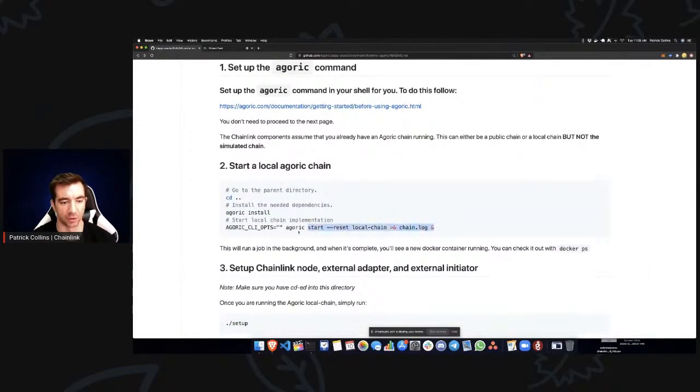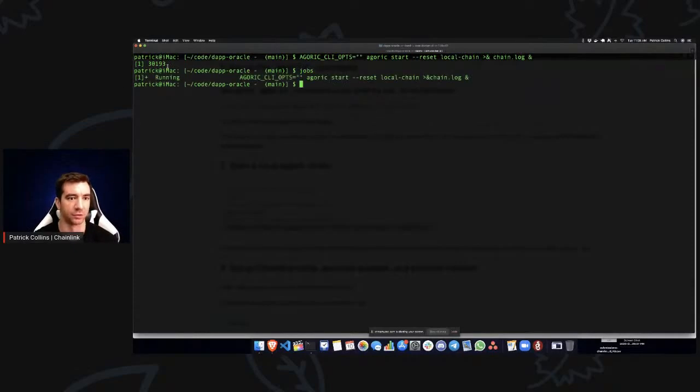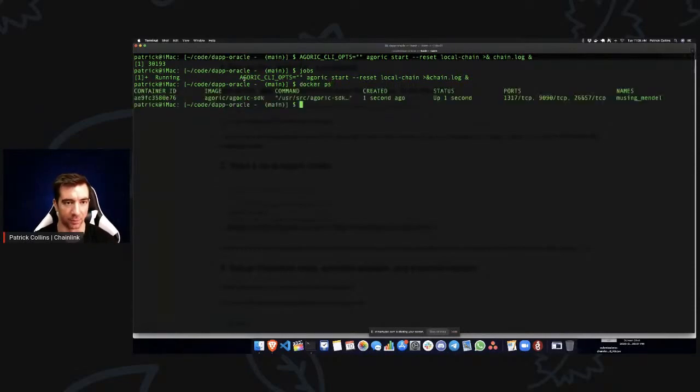We're going to run it in the background and output it. For those of you who are a little bit unfamiliar with the commands here, we're going to output it to chain.log. So this is actually going to set up a job in the background. If we go to jobs, we can see it right here. And what this is doing is it's setting up our local chain, and it's going to do that in a Docker